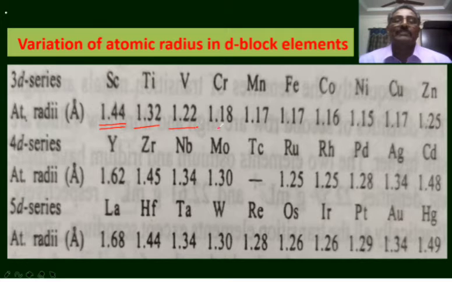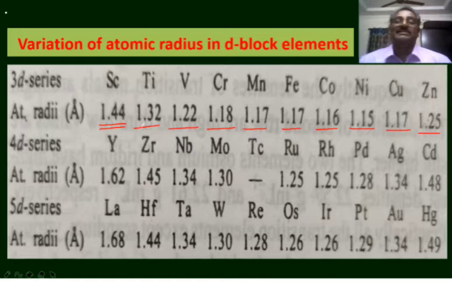For vanadium, 1.22 angstrom units. For chromium, 1.18 angstrom units. For manganese, 1.17 angstrom units. For iron, also 1.17 angstrom units. For cobalt, 1.16 angstrom units. For nickel, 1.15 angstrom units. For copper, 1.17 angstrom units. For zinc,